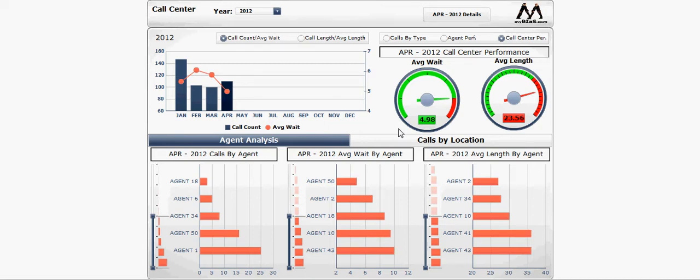This dashboard allows a manager to evaluate the performance of a call center. You can see the calls that come in, and you can see how each one of those calls are handled. Here we have a breakdown of the call count and average wait time represented in graphs, and you can select